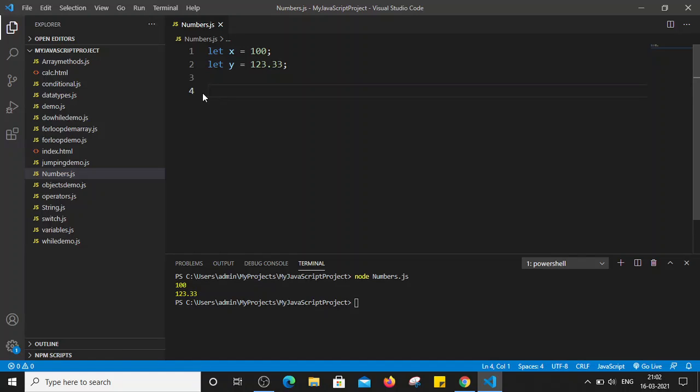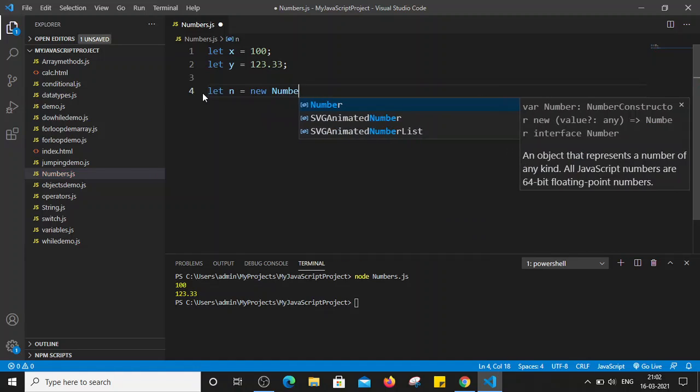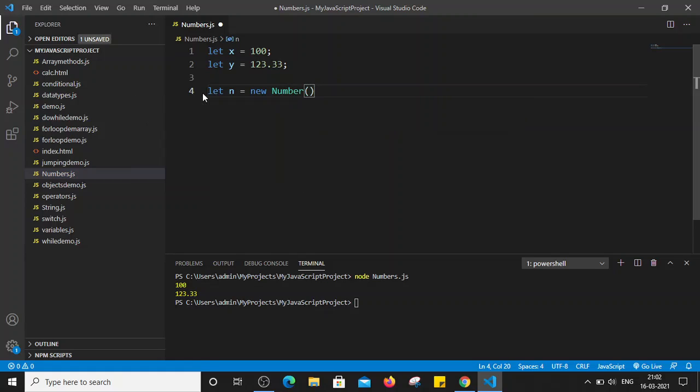Similarly, in JavaScript we can also use a Number constructor to create the number object, right? So how can we do that? We will see in a coming lecture what exactly a constructor is. So far just understand that we can also define the number like this. For example, let n is equal to new Number and we assign the value, say 200. So both are the same thing basically. Here we are declaring the integer value by the Number object. We can use either way to define a number in JavaScript.